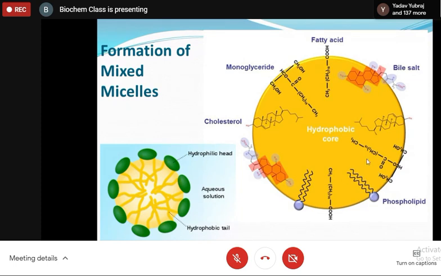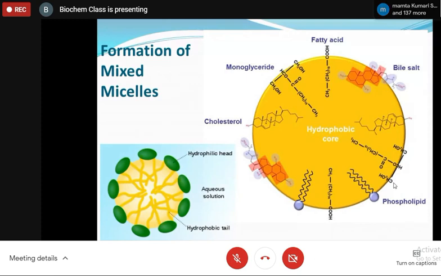So these mixed micelles are disc-shaped clusters of lipids that come together with their hydrophobic groups on the inside, and their hydrophilic groups towards the outside. So this arrangement makes the mixed micelles soluble in the aqueous environment of the intestinal lumen. Therefore, the bile salts allow the formation of water-soluble micelles, which transport the less soluble lipids to the apical surface